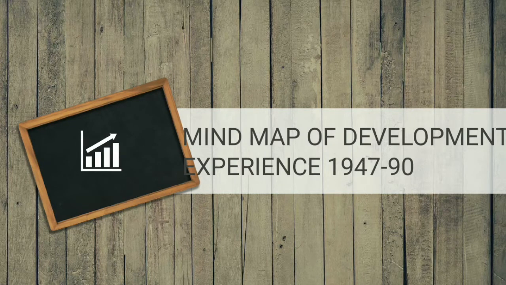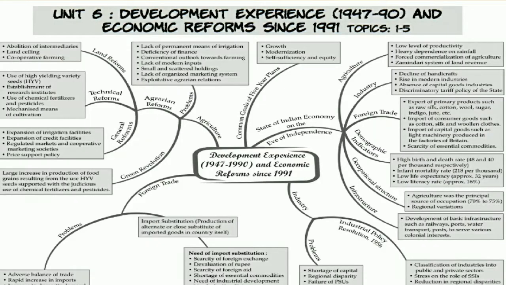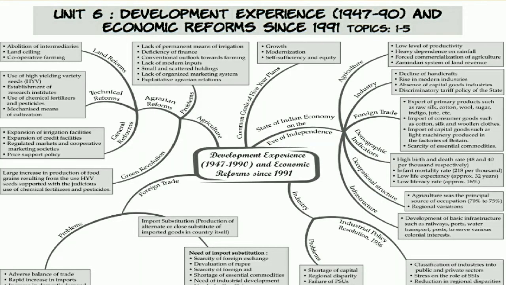In both the chapters, we are going to understand it with the mind map, or we can say with the diagram, with the structure. Just look at the diagram properly. This diagram is explaining in short, with a flow chart, the development experience of the Indian economy between the period 1947 to 1990, and also how we did the economic reform after the